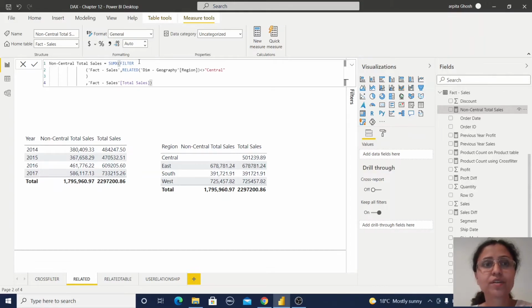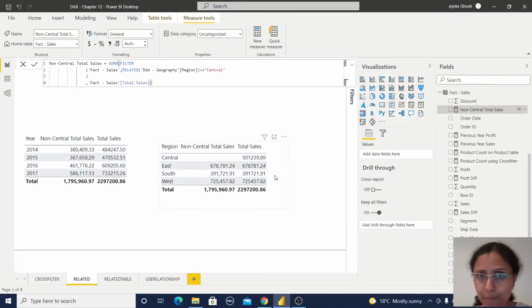Within that function, there is a filter condition, and this is a table name and this is the related table name. So that means it is looking for the proper dimension table, where it is not equal to central, and it is returning the total sales. So here it is returning non-central total sales.